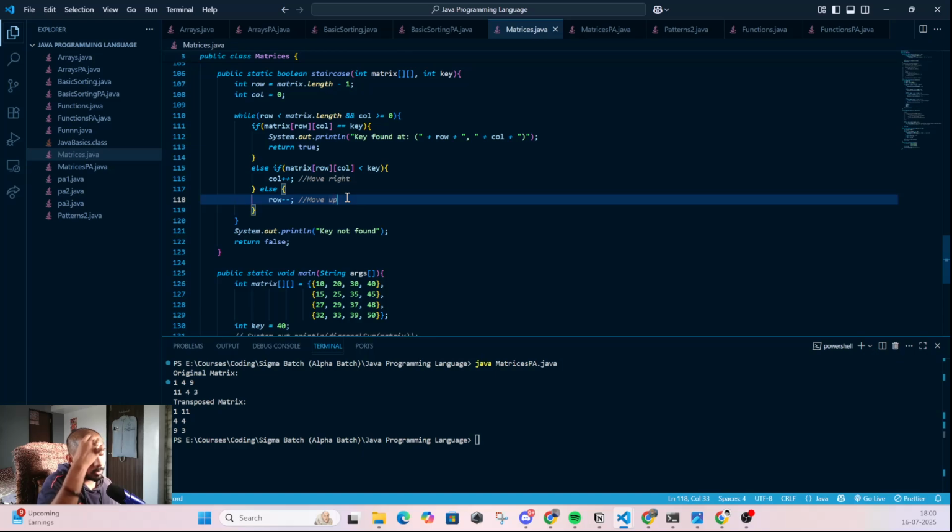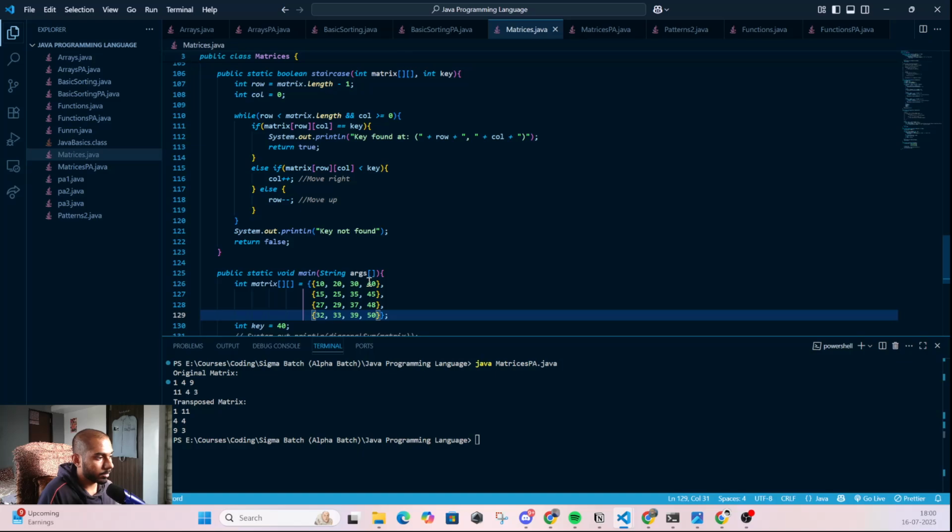Basically, it was given in the homework that if you start from this element, these are special elements in this case, because this element has row number 0 and column is equal to number of columns minus 1. So if we are iterating through that, then we can just do